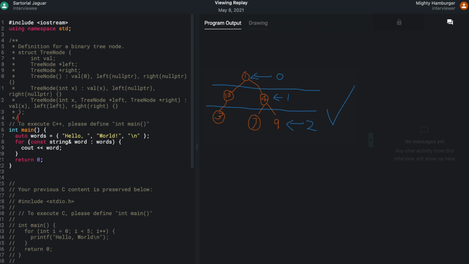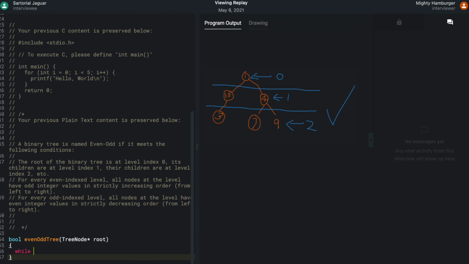So the iteration is gonna stop once there is no nodes to go to, or if the condition isn't met. So if there's no more nodes, it's going to return true. If the condition isn't met, it's going to return false. Okay, so it's going to be while something.